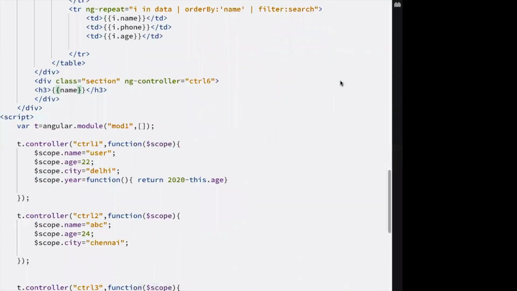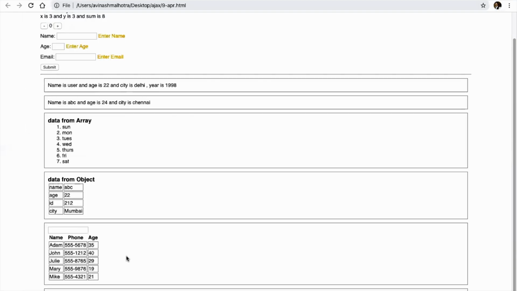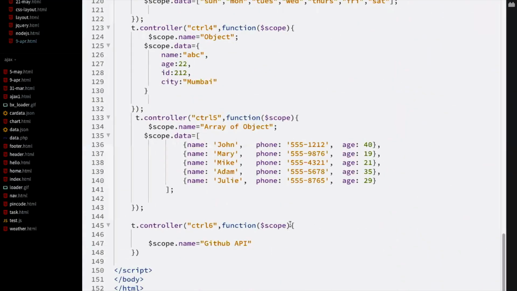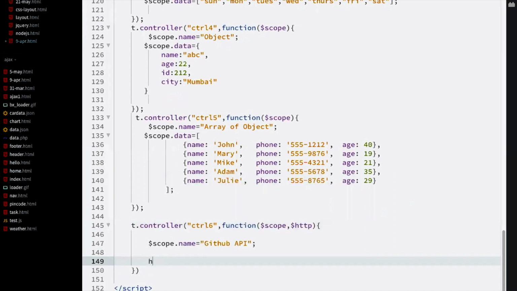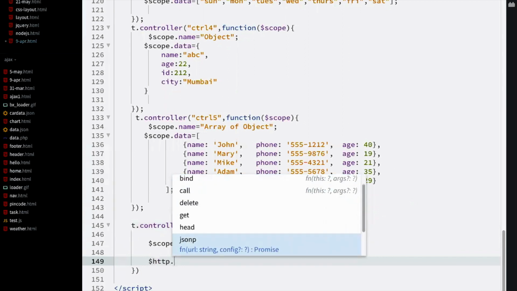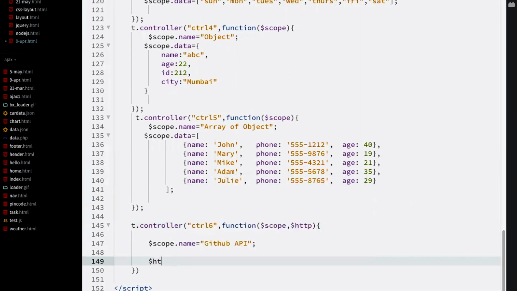So name is GitHub API, and the data is, for that, use $http. Now $http dot first